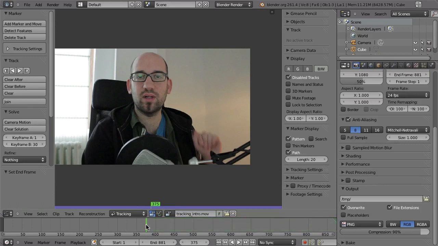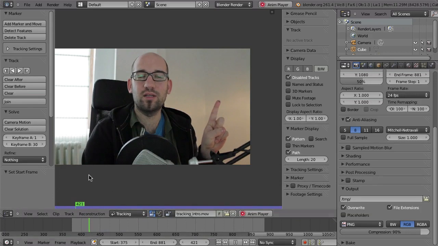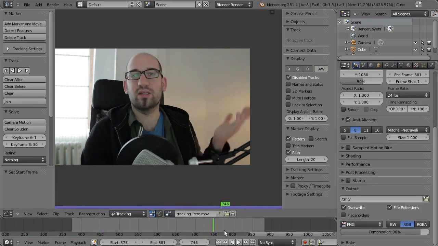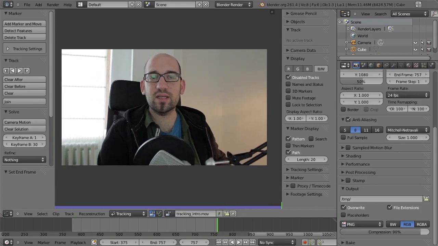So in my timeline, I just press S here for start frame or just type in the number here. So now I don't need to have all the other frames in the RAM, so that can also help to increase the performance just in case you don't have that much memory. So until here, E for end frame, and that is now the sequence where we will do the tracking.